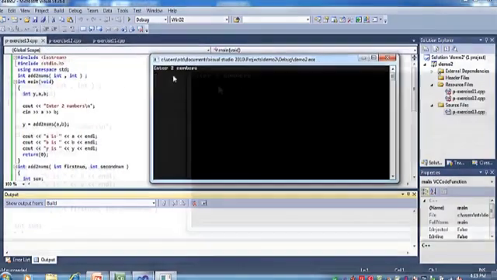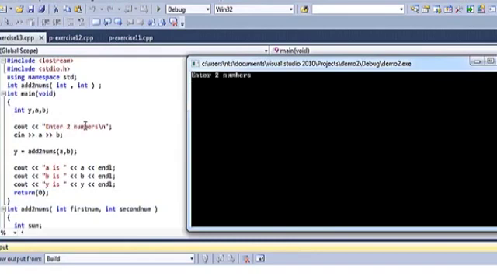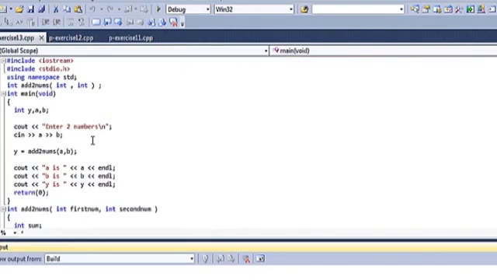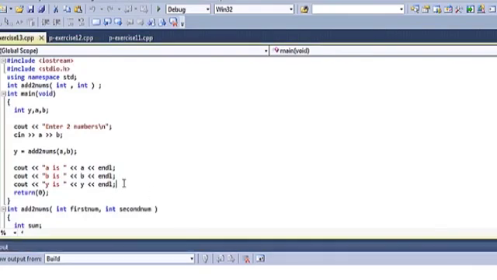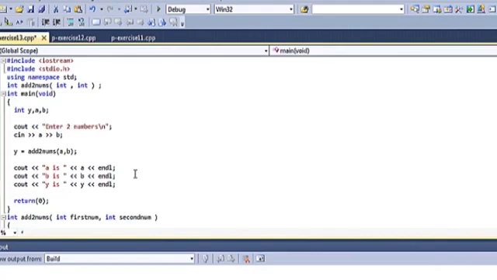So it is waiting, enter two numbers. This enter two numbers message is here, and I need to provide the two numbers. Suppose I enter 12 tab, I need to use a white space. That could be enter, that could be tab, that could be space. So 12 plus 34, enter. Okay, it has given me the answer, but where has that answer gone? Could not see that. For that purpose,